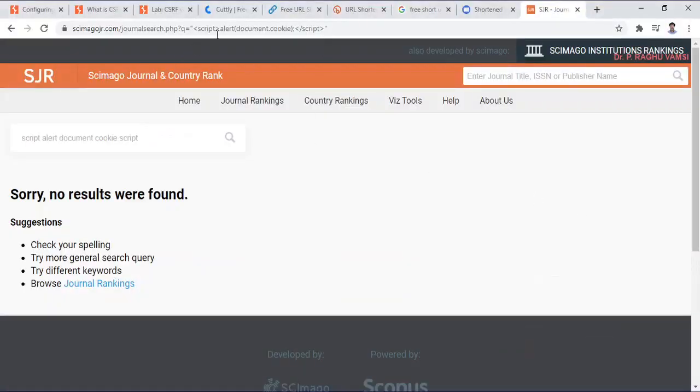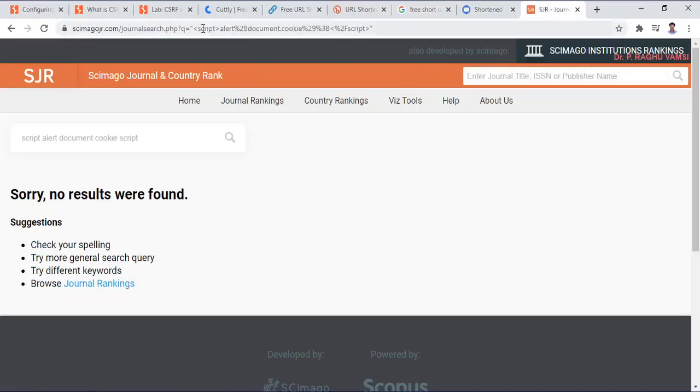It means whenever I have given the input like this, script alert, I will copy and paste the same text in the search bar and enter.